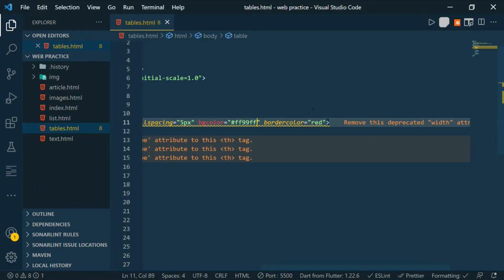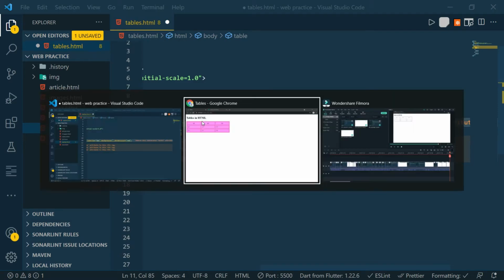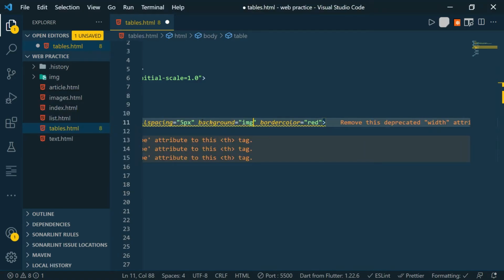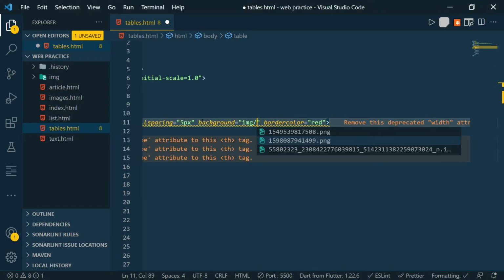You can also use an image as the background of our table without using this bgcolor attribute. For that you need to add the background attribute, the same attribute we added to our body in the previous videos. After specifying this you need to specify the path of your image in quotation marks. I'll add some random image from our folder.